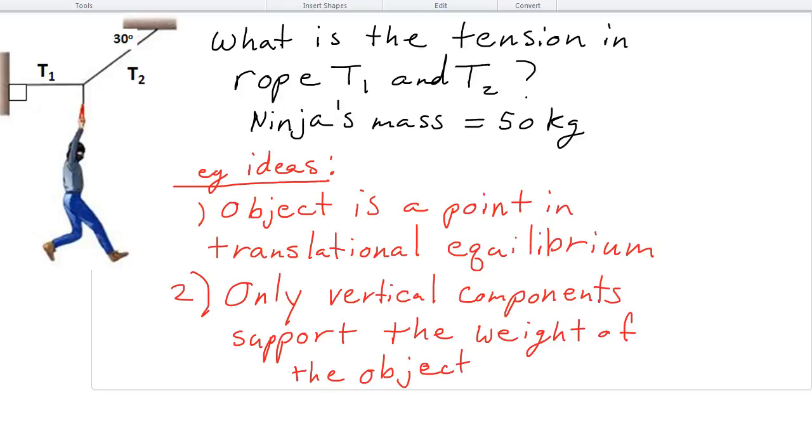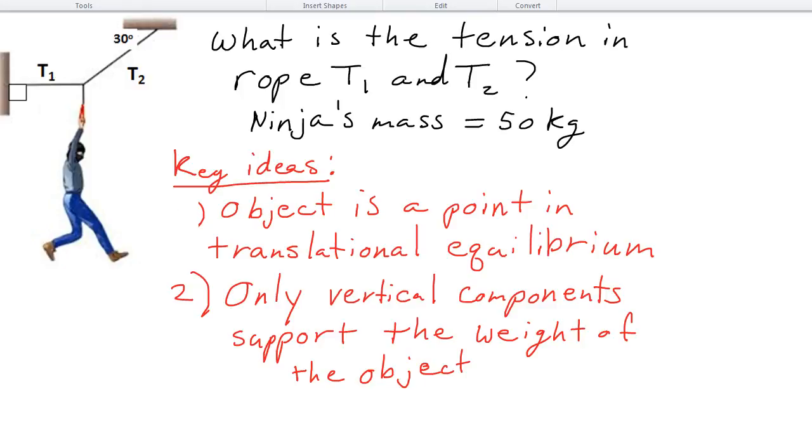Okay, so in this video, we're going to follow up with the key ideas that we learned in the first video and apply it to a new problem. So this is the second problem in your notes that we're going to go through. Alright, so in this case we have two ropes and they're both attached to this ninja guy,